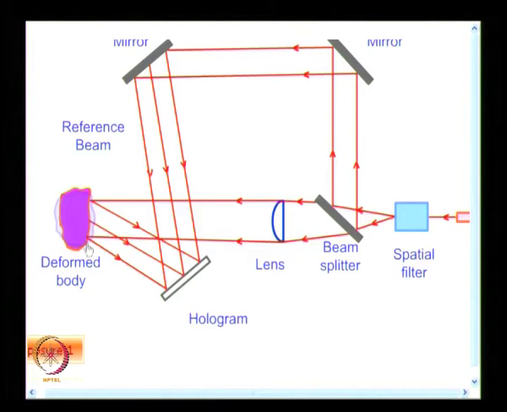is deformed, and how I obtained the deformation I have not shown in the figure. I have only shown that this is a deformed body. So, the light reflected on the deformed body is also recorded in the same hologram, the same holographic plate. Now, when I develop this plate, I will be able to get the fringes which are representative of the complete deformation of the 3-dimensional object. That is the advantage of holography,